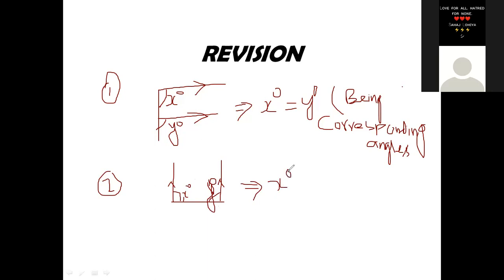Good. The sum of co-interior angles: x degree plus y degree equals what will be here? Co-interior angle, 180 degrees, right? And the reason will be written as the teacher told. This x degree and y degree sum is 180 degrees being co-interior angles. We have tried a reason, not corresponding; this is co-interior. Being co-interior angles, we have tried.